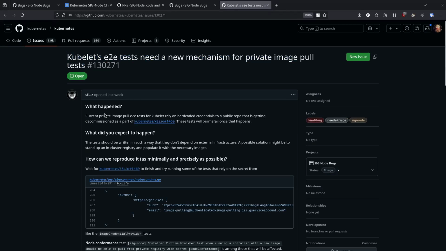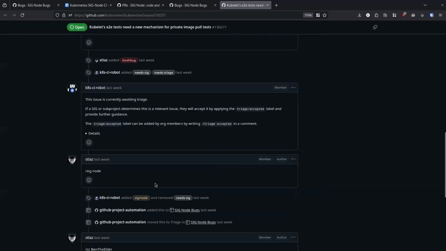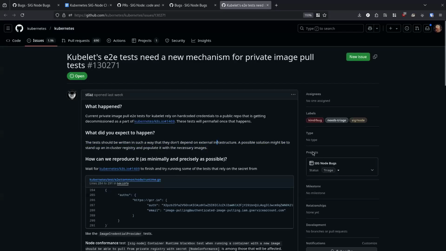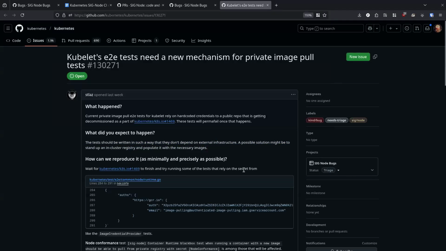Edit image pull tests. Yes, this is true. This should be on the project board. I don't know how to add an issue to that board. What image are you talking about?